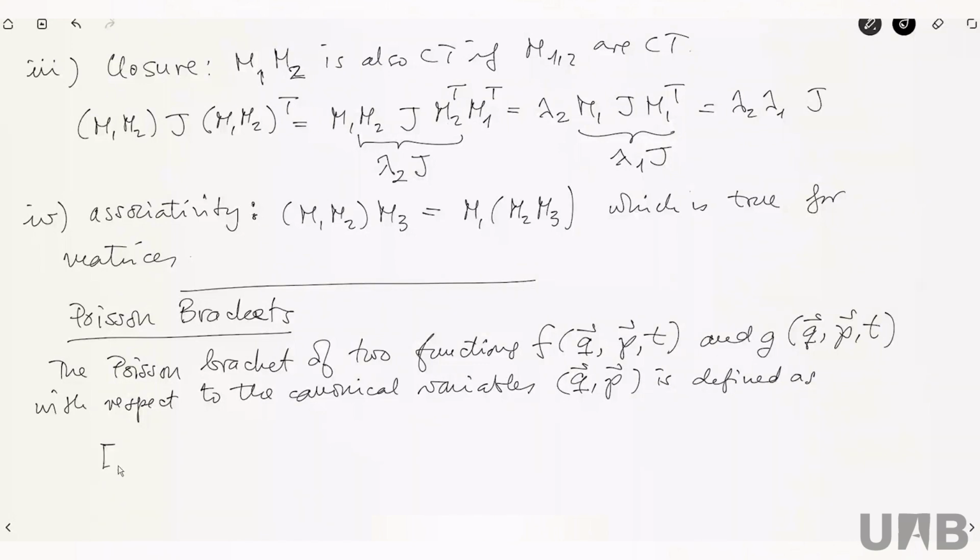So the Poisson bracket of F and G with respect to Q and P